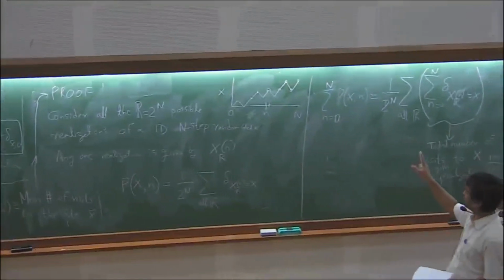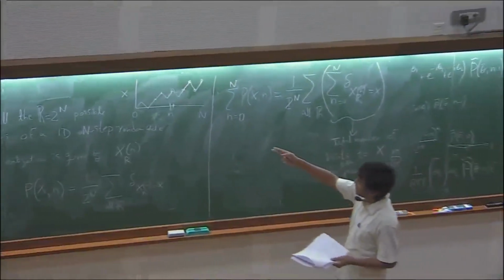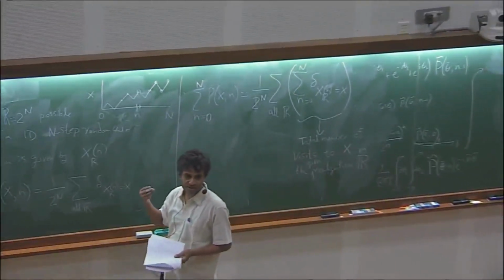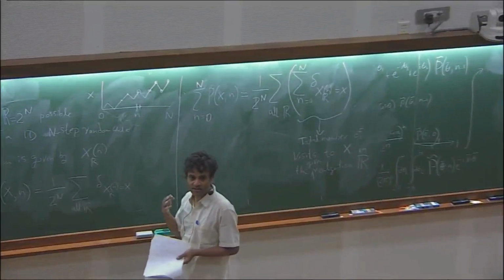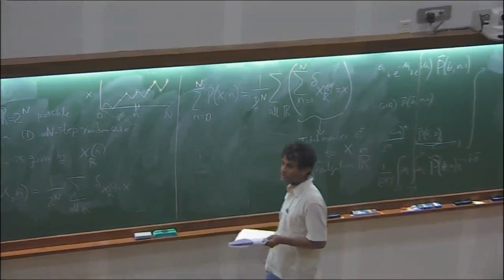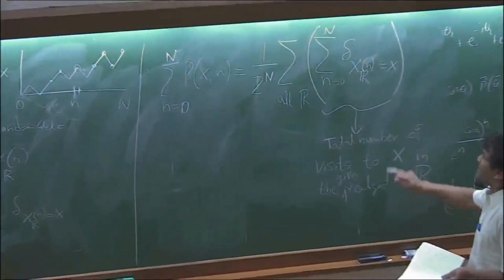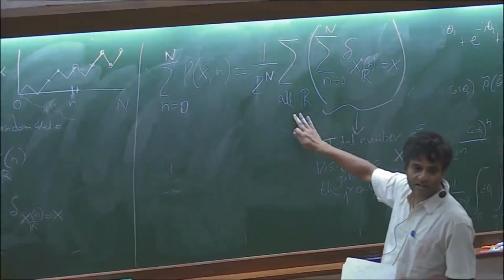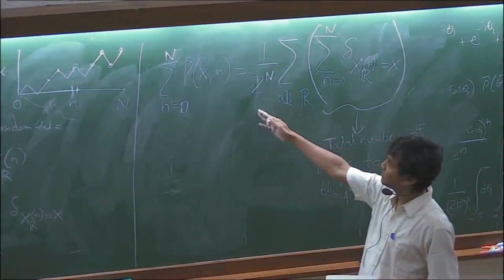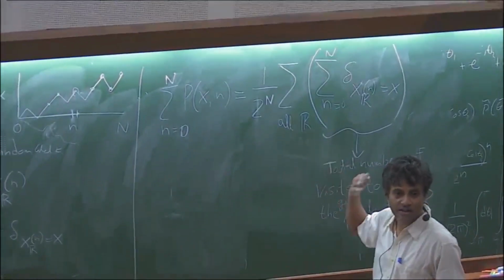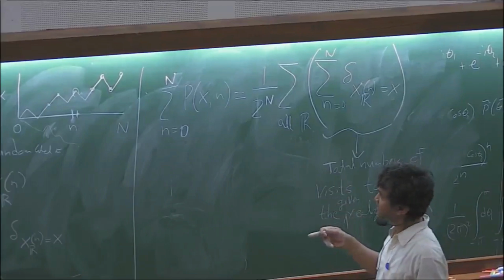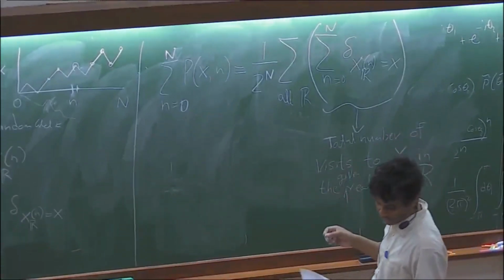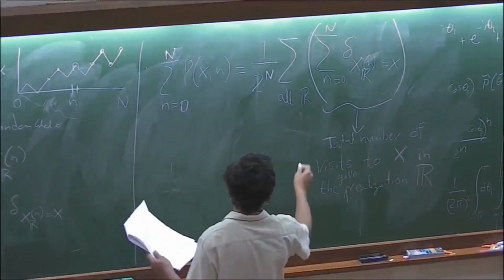some trajectories, and I'm doing maybe n steps, but 2, 3 steps, right? And then just do all possible things, look at it carefully, you can convince yourself it's okay. So this is the total number of steps in a given realization, and then I sum over all realizations and divide by the number of realizations, and obviously that's the mean number of visits to a site X. So that's the proof. So, therefore,